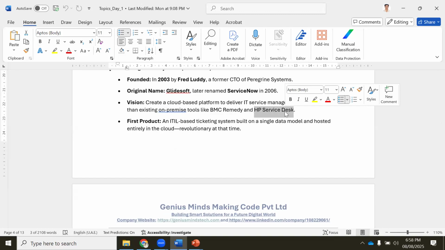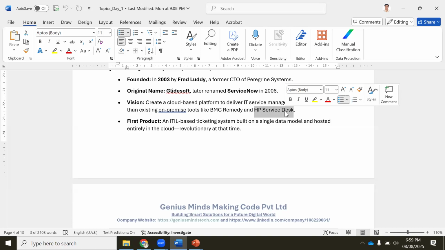But ServiceNow came up saying we have a cloud sitting in Singapore, in London, in the USA, but we will give one URL where you can start working. BMC Remedy and HP are not like that. You have to install your environment. Suppose you are working in Dubai, you have to install BMC Remedy as a tool and install a database like MS SQL, connect both systems and start using it.